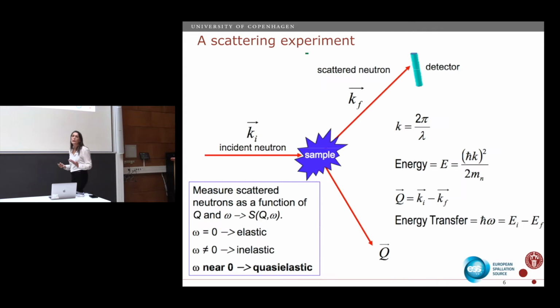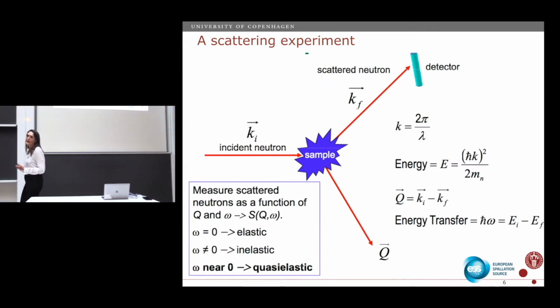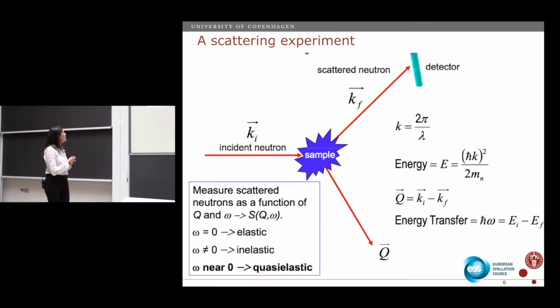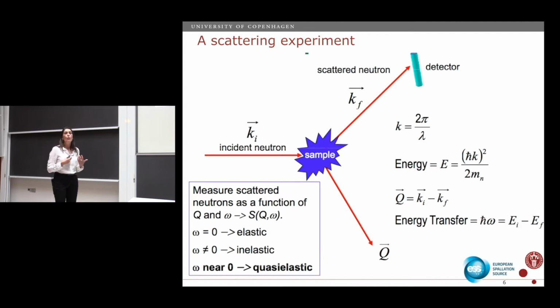So what do we do really in a quasi-elastic neutron scattering experiment, or in a general scattering experiment? We have a neutron that comes with an incident energy, or a state, that I know. It will interact with the sample, and then we have the scattering process, and it will be detected. So it's very simple. And then, depending on what happened, if I have an exchange in energy, I can measure this exchange in energy. If I have a diffraction experiment, so I'm looking at structure, I don't have exchange in energy, I'm doing an elastic experiment.